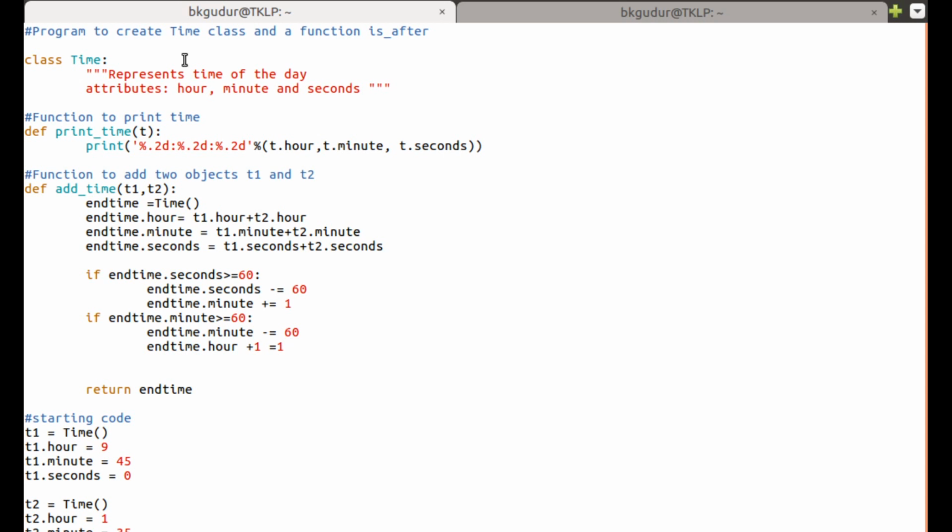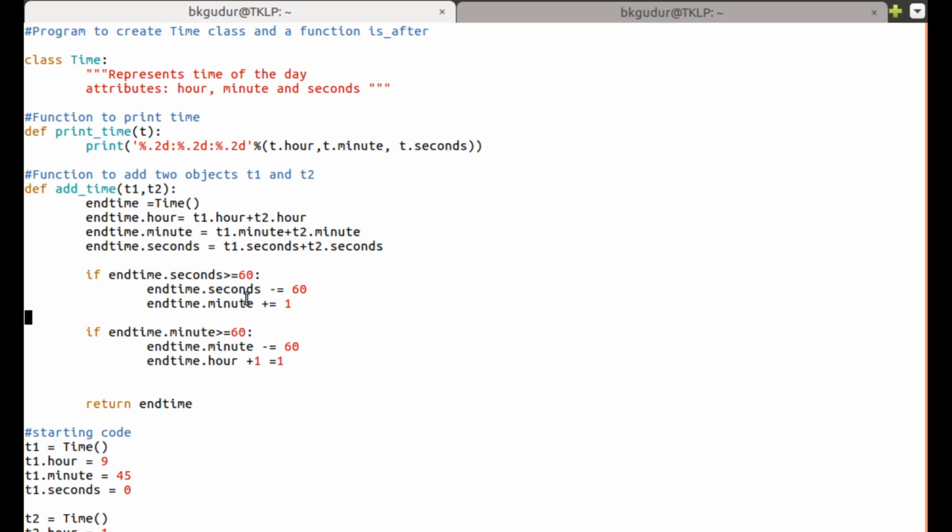Right? So if the number of seconds is more than or equal to 60, we'll add 1 minute. Then if the number of minutes is more than or equal to 60, we'll add 1 hour to the number of hours. Okay, so later we'll return it.